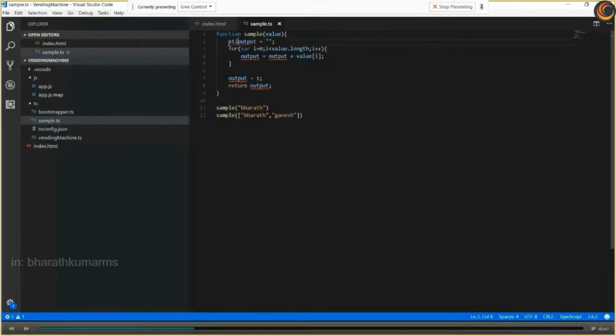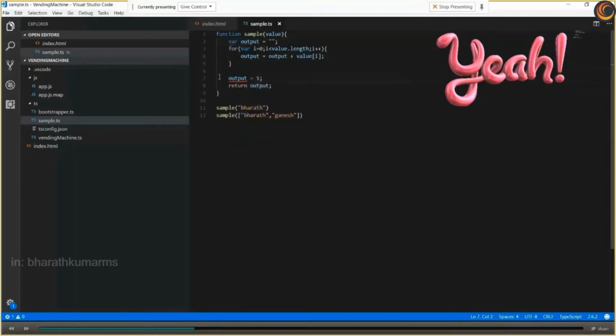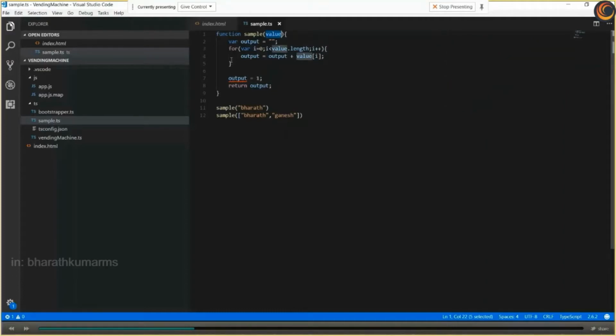So when I declare it as var, automatically most of the issues are gone, right? It understands that whatever input I've given it is a string. It is very clear because I've already told it that it is a null string, so it has taken that value. It did not understand what a value is, but still it's okay, right? And it is not allowing you to assign one to it because one is a number,